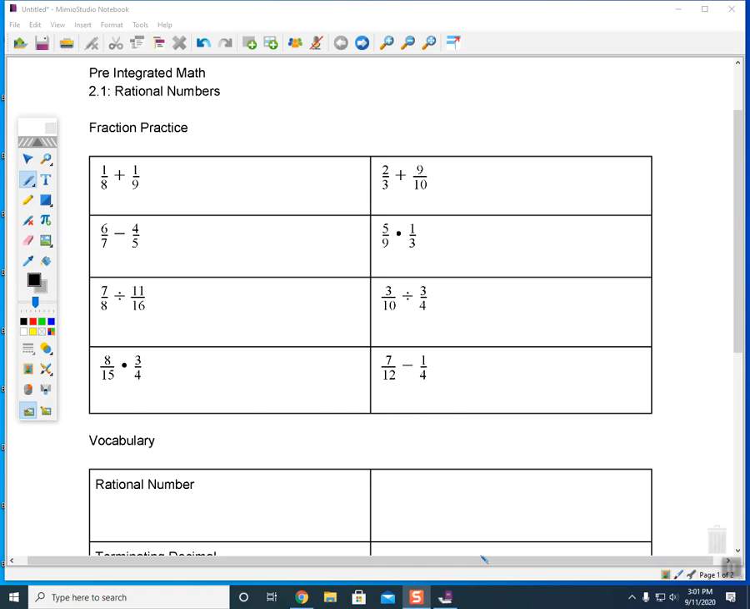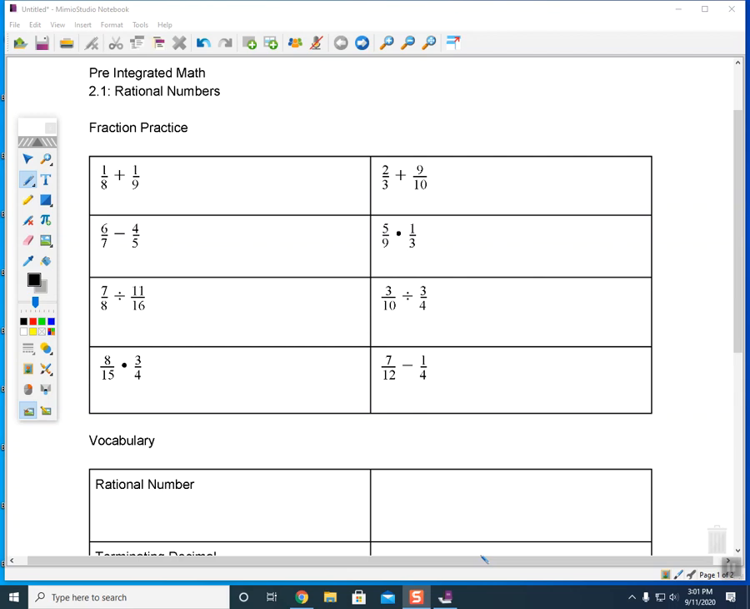All right, we are starting chapter 2, moving into rational numbers. So at the beginning, we have just a little bit of fraction practice to kind of refresh your memory here. I'm going to let you do this on your own, but I'm just going to give you a few reminders